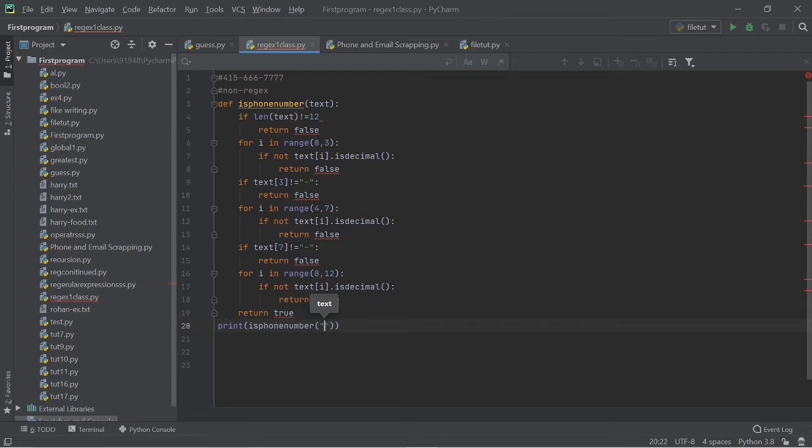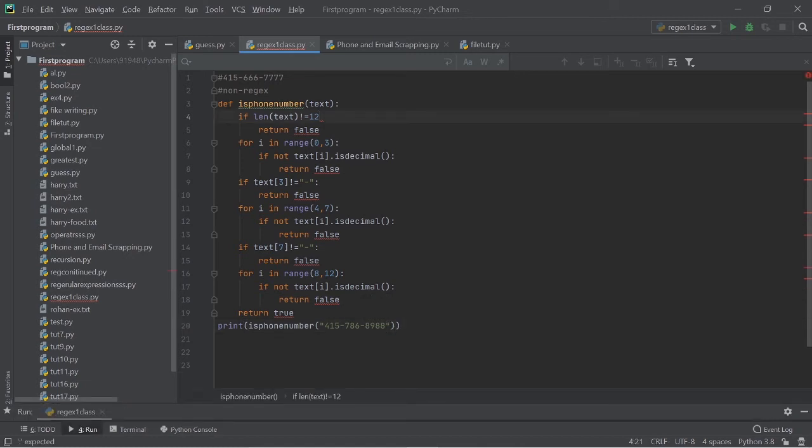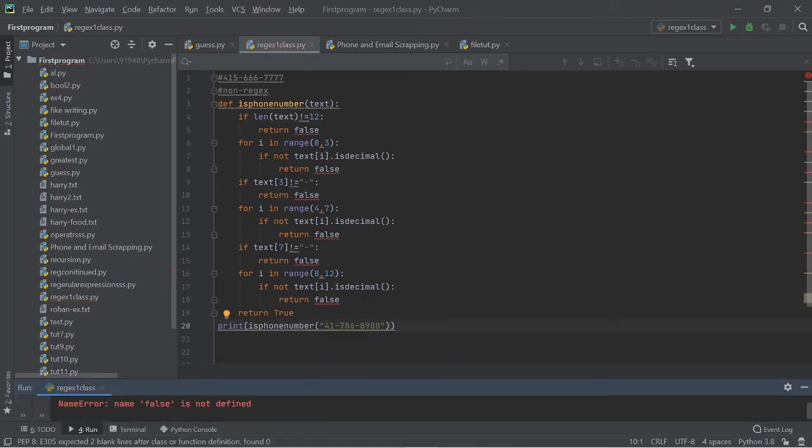Let me give the text value as 4. Let me give a valid 415 anything 787, like phone number pattern 898. I have finished my code. Now wait, I have forgotten to give the iteration over here. Okay, let me give a proper example as 415 786 8988, and false should be written with a capital letter F,